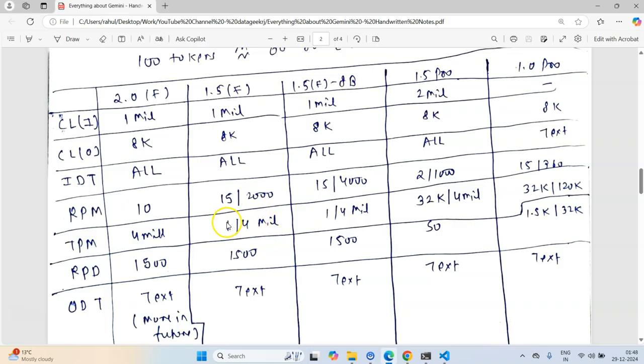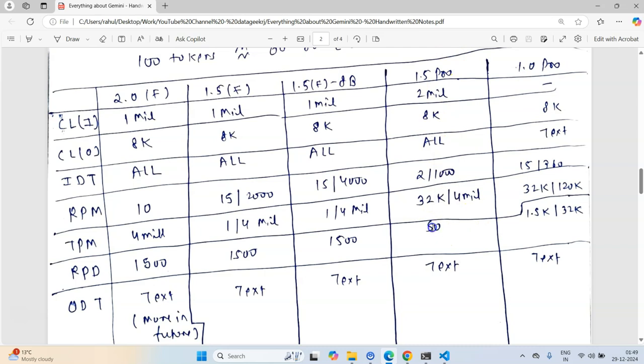You can see here also TPM, tokens per minute, which means 1 million and 4 million. So for a free version, I can ask a question with 1 million tokens. For a paid version, or pay as you go model, I can ask a prompt with 4 million tokens. Similarly, requests per day, this is 1500 flat, and for Pro it is low.